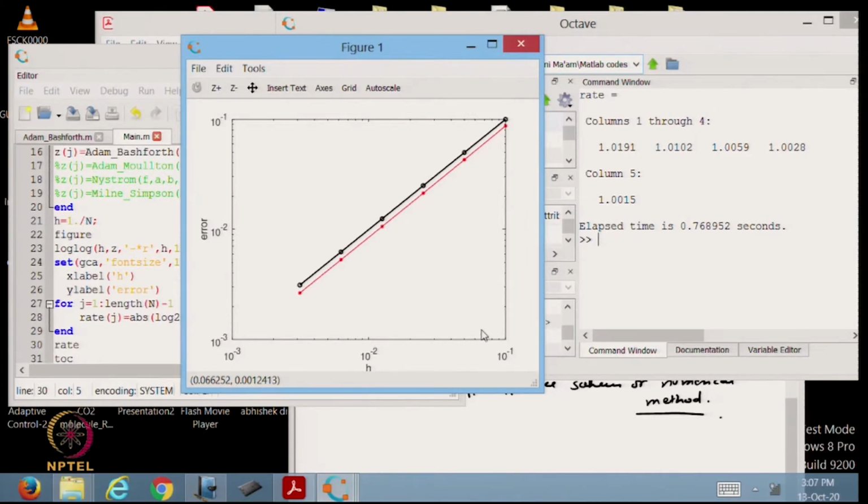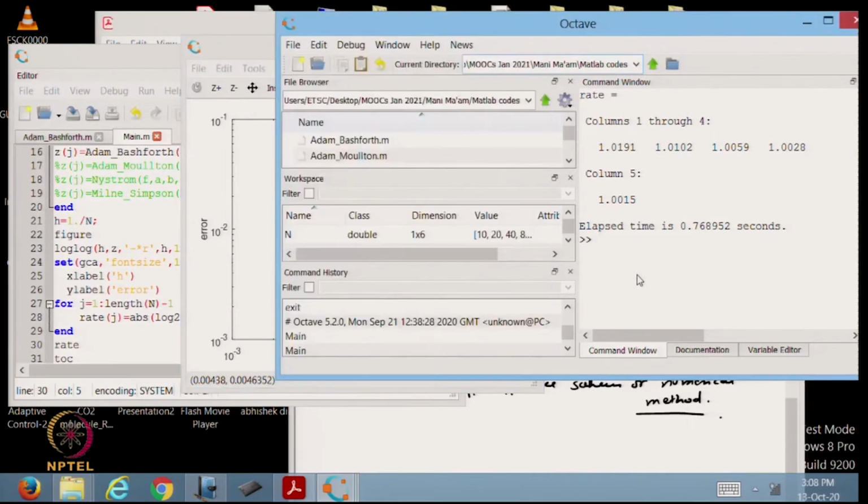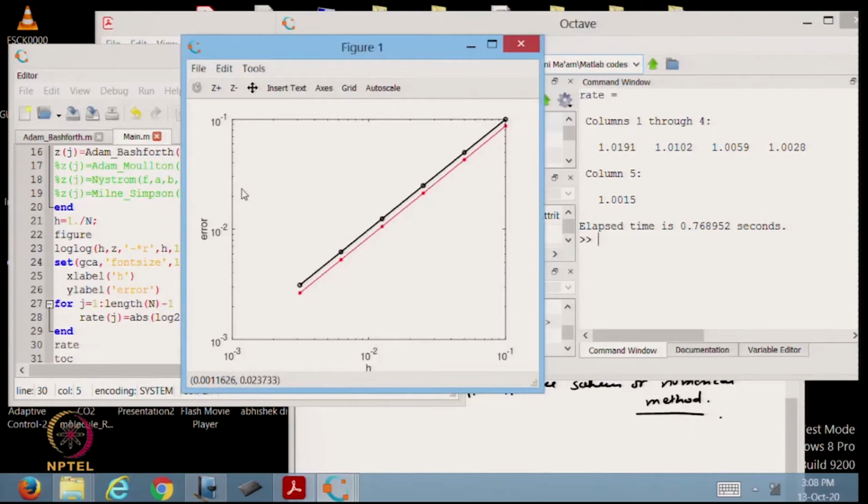So, from the figure also you can observe the same thing which we were earlier looking at in the command window, that as h tends to 0, basically we are moving to this side, our error is tending to 0. So, if you want to drop your error further, you have to work out for a smaller h and n will be increased. Okay. So, then computation will also be increased. So, you have to decide yourself how much accuracy you want.